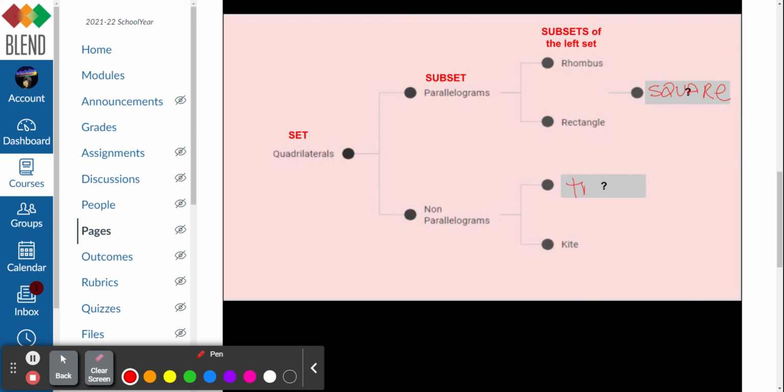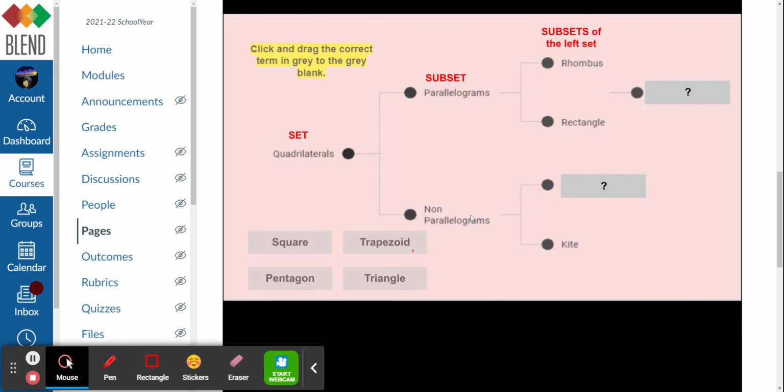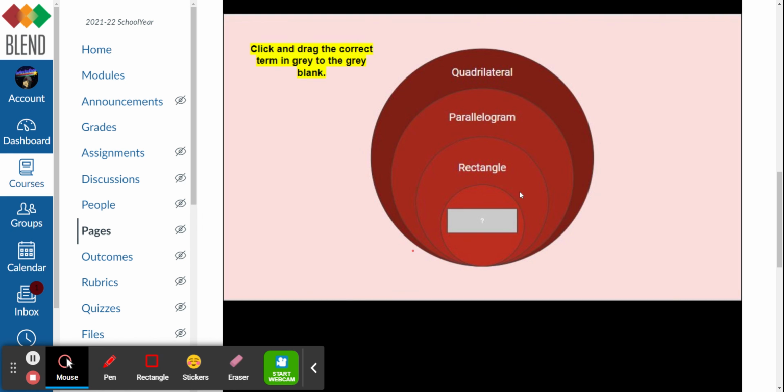It's a trap. It's trapezoid. Because remember, that only has one set of parallel sides, and the other set kind of goes up and traps a triangle. So, if we look at this, square and trapezoid are our friends. Finally, square always goes